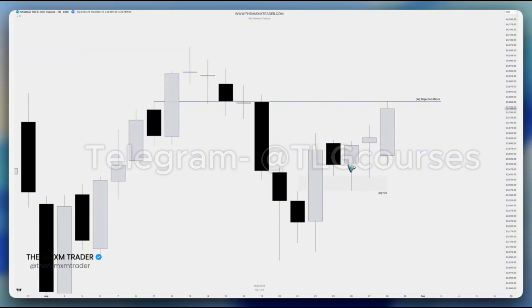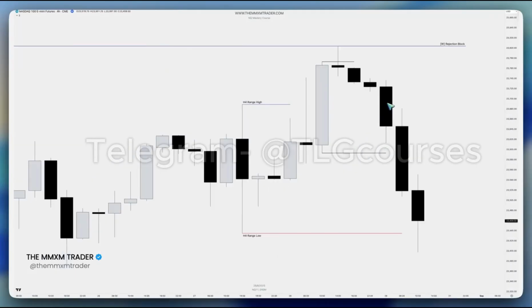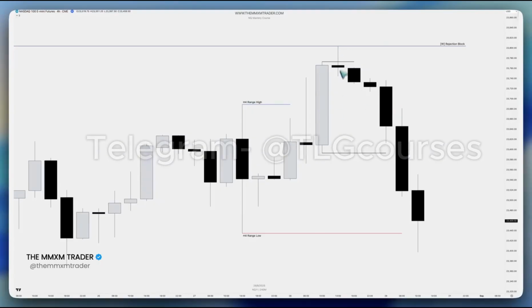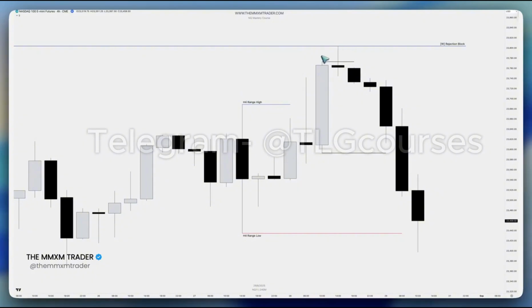Okay, so remember that weekly key level here, we had the daily rejection block. We're going to look at the daily fair value gap here, trading up into the weekly rejection block. Weekly rejection block gets traded to here. Then we have buy stops and sell stops. So a 4-hour range for the weekly key level. We then also have this